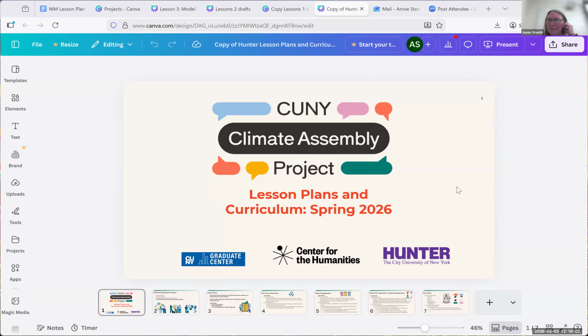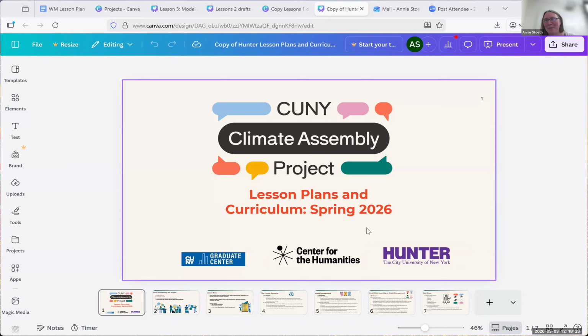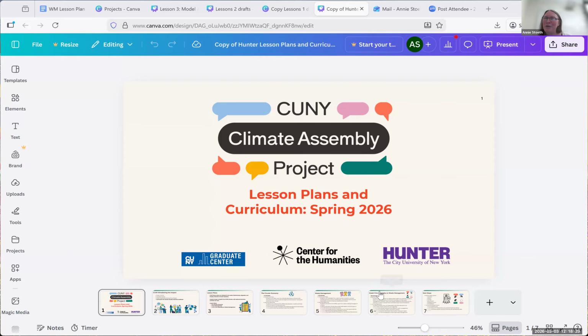It's called the CUNY Climate Assembly Project, and it's meant to bring an innovative, really grassroots way of doing democracy to Hunter College. And by doing this, we'll be the first climate assembly to happen at a university in the United States. So it's really exciting, and all of our Hunter partners have been wonderful in terms of making this come to fruition. Last Friday, we actually had a public lottery event where we drew 42 names of Hunter students who will be our climate delegates in the assembly that begins at the beginning of April and runs through the